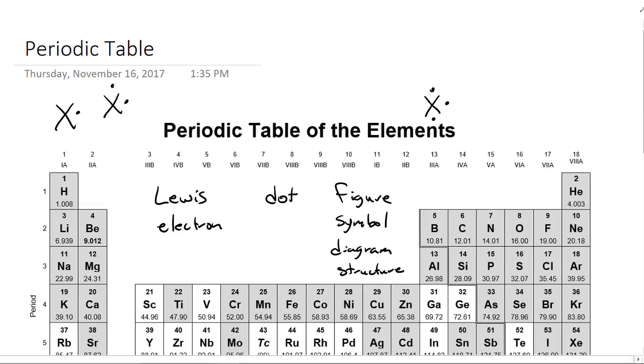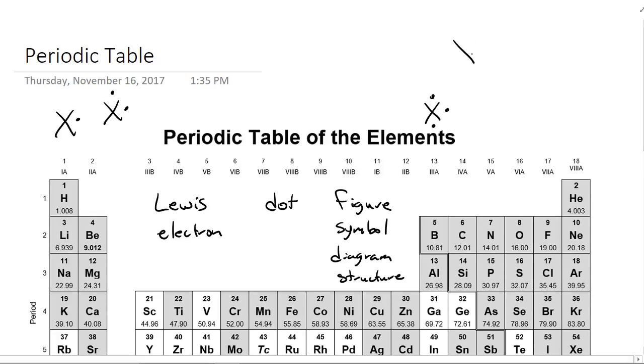In group 4A, we have four dots or four valence electrons. Group 5A, we have five dots or five valence electrons, and so on, until we get all the way over to group 8A, which is going to have a total of two on each side, or 8 valence electrons,